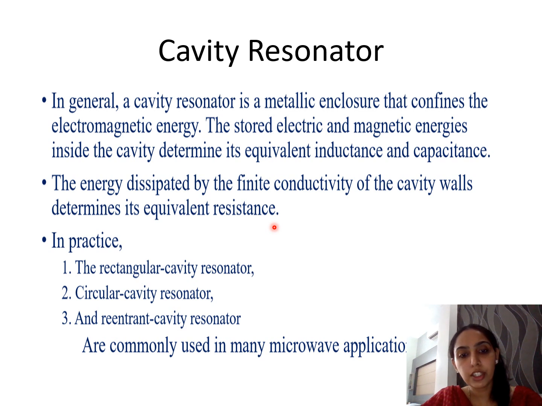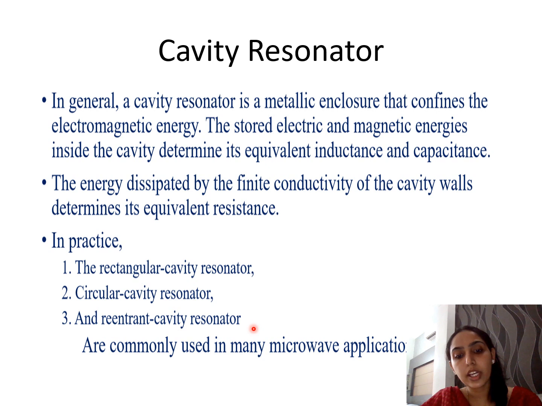We have different types of cavity resonators. Based on the shape, you can have a uniform cross section, either rectangular or circular. So we can have a rectangular cavity resonator or a circular cavity resonator. One more important type is a reentrant cavity resonator. A reentrant cavity resonator is one in which the metallic boundaries of the cavity also extend into the interiors of